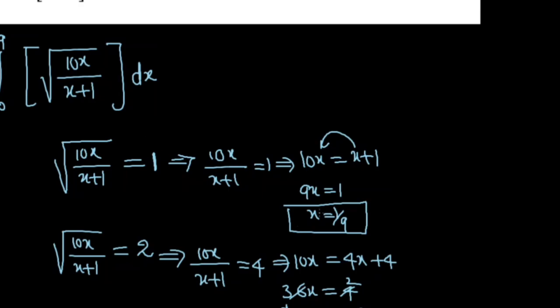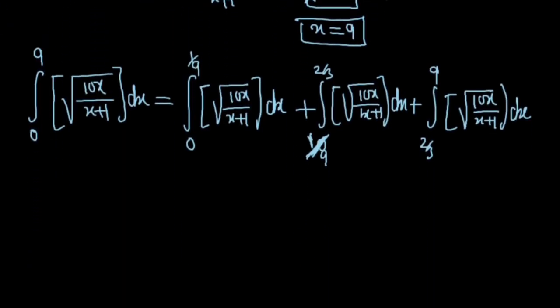At x equal to 1 by 9 I'm getting 1, but less than 1 by 9 it is less than 1. The greatest integer function of a value less than 1 is always 0, right? This result is 0. So 0 to 1 by 9, 0 dx plus